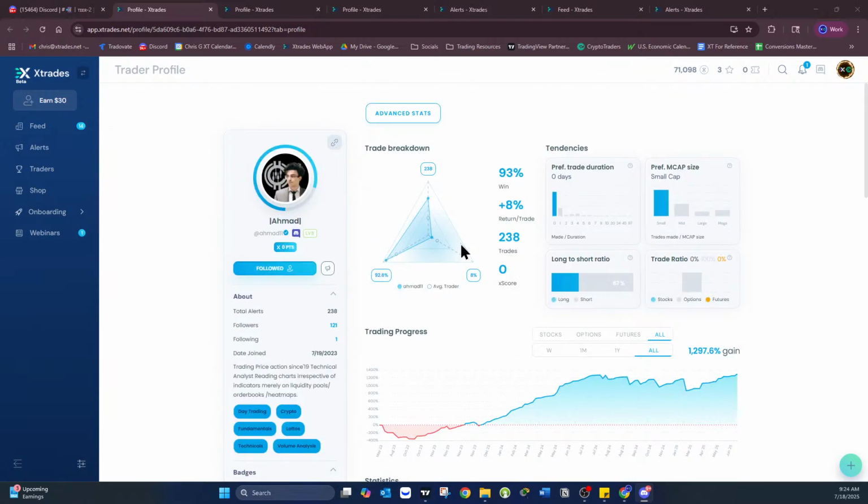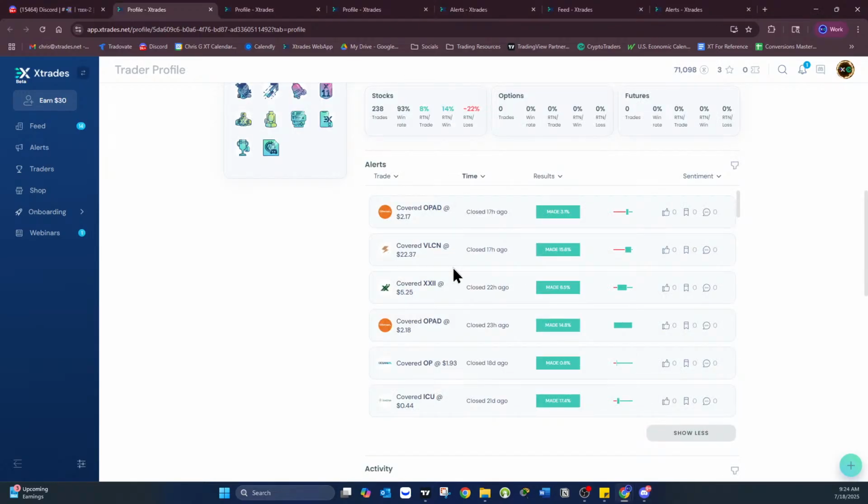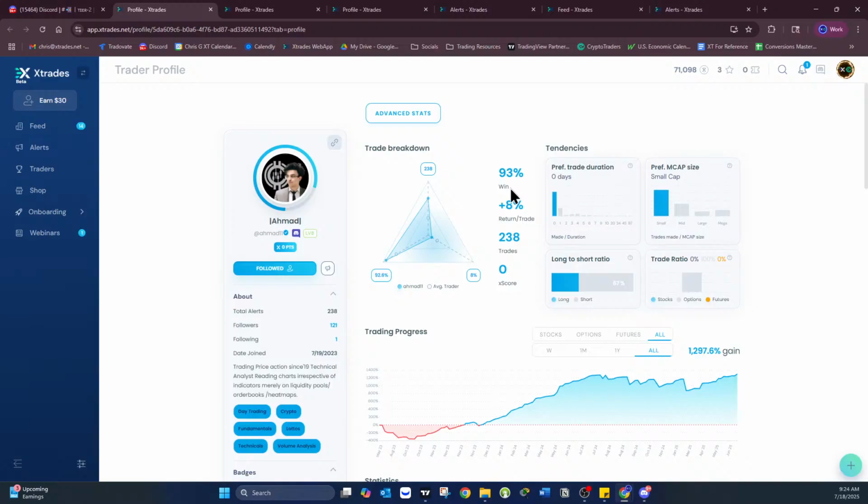Yeah, I think BTBT has squeeze potential here above $4 as long as it holds $4, man. Wow, look at this, Ahmad. What the hell? 93% win rate. I mean, realistically, man, you don't see this too often. Anybody that's above, I would say, 55 to 60% win rate with at least a 5% return per trade, you're going to see a pretty consistent amount of winning trades.